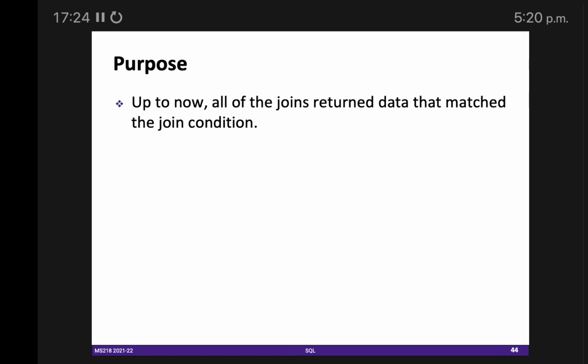So left outer join is simply left in terms of 2 tables. When we are writing 2 table names, just like in the previous example, we were saying from employees join jobs, right? So left table was employees and right table was jobs. So left outer join means I need all rows from the employees table, even if they are not matched with the right one. Matched and non-matched. Okay, so this is left outer join.